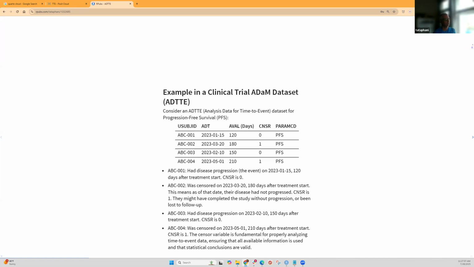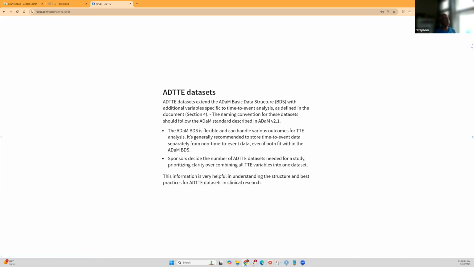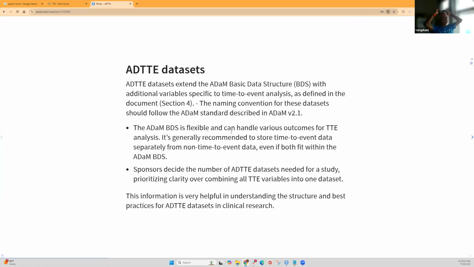So that is the kind of structure that you need to derive within the analysis data set, or the ADTTE. Again, we'll see the importance of the analysis data set, why we use it, or why we need to have it. Then the ADTTE basically extends the ADaM basic structure, as we were talking about,